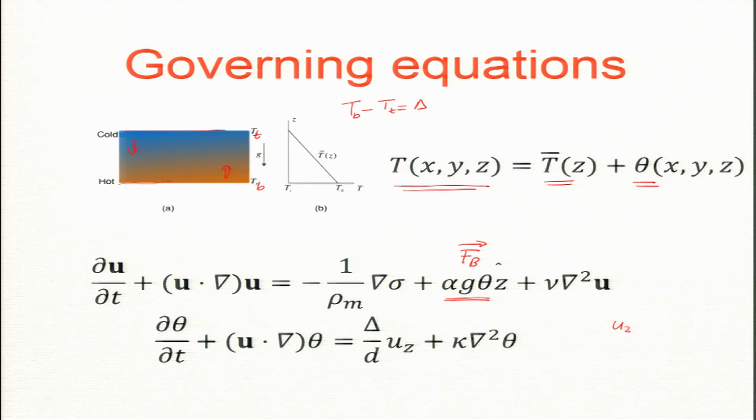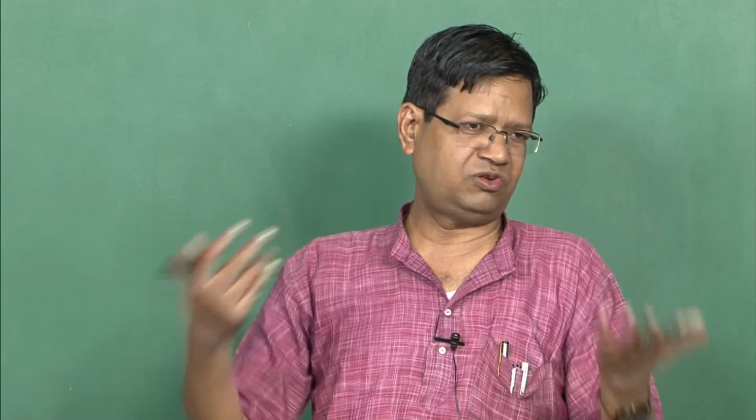If I take u_z double dot, and drop the pressure term, which plays a role, we did it there, but for simplicity, theta dot will be u_z from here. So, this becomes u_z with a plus sign, delta is positive. Now it is a growing solution: one decaying, one growing, but growing will win. So, this is unstable, but stability is hampered by the viscous term, right? This we did in the past. So, you agree that this is unstable, naturally, precisely because the hot fluid is going up and the cold is going down.